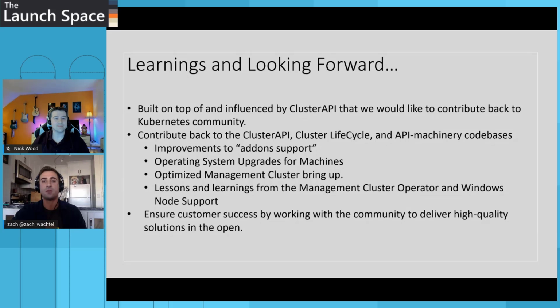Some of the code we developed alongside Cluster API is opinionated to support AKS and HCI, but a lot of it is generic and should be given back to the community. Some improvements we would like to develop with Cluster API and the cluster lifecycle projects are improvements to add-on support, operating system upgrades for machines, optimized management cluster bring-up, and the lessons and learnings from the management cluster operator and